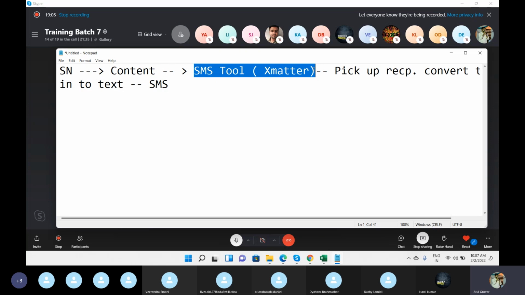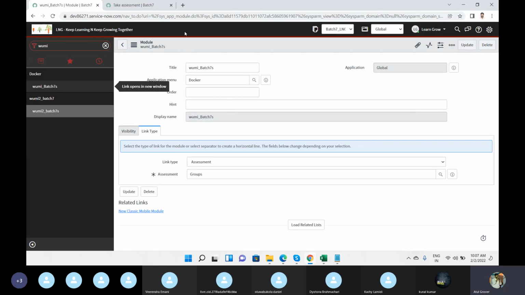So we have customers, specifically on the financial side, who follow this practice that my content should not be watched or seen by any person in the middle. We are not going to discuss this thing, but I recommend you read about how I can integrate ServiceNow with any tool. Or let's take the example of xMatters only. If I show you here,